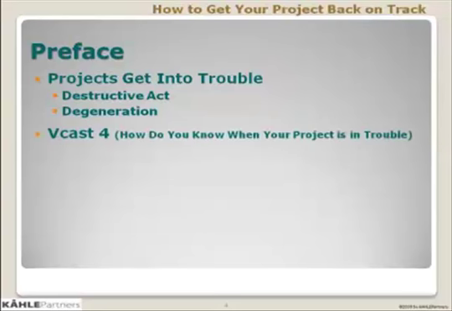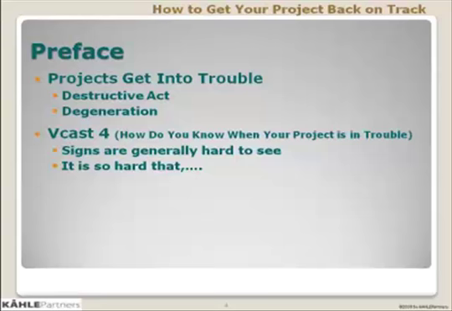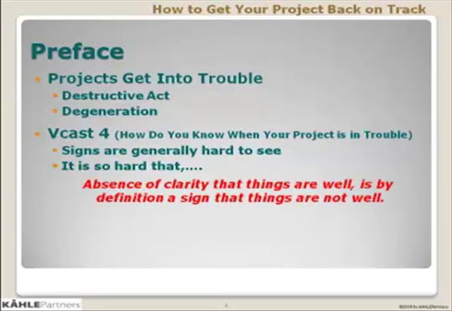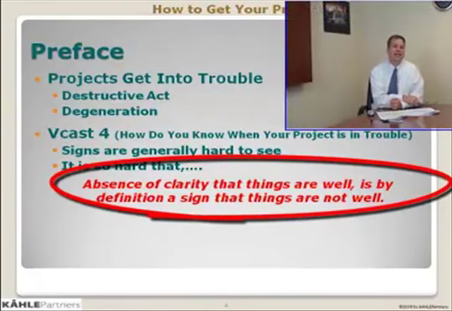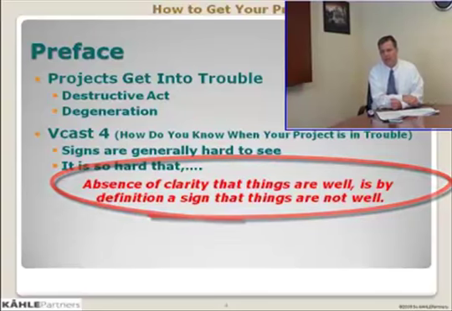And what we covered in videocast 4 were the following. We said that the signs of deterioration are generally very hard to see. In fact, it's so hard to see these signs that a project is in trouble that you establish the rule that the absence of clarity that things are well is by definition a sign that things are not well. So what we're saying is that